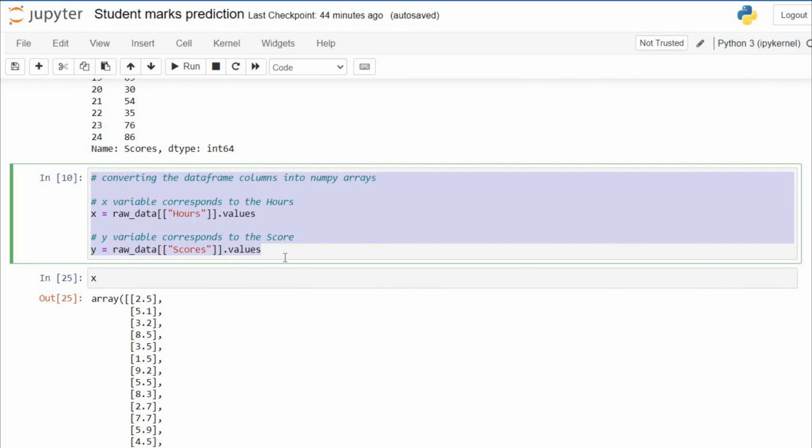This set of code here demonstrates the separation of features and targets. In this code, the variable x represents the features, specifically the hours column here, and the variable y represents the target, that is the scores column. Please note that the values attribute here is used to extract the values from the data frame, resulting in